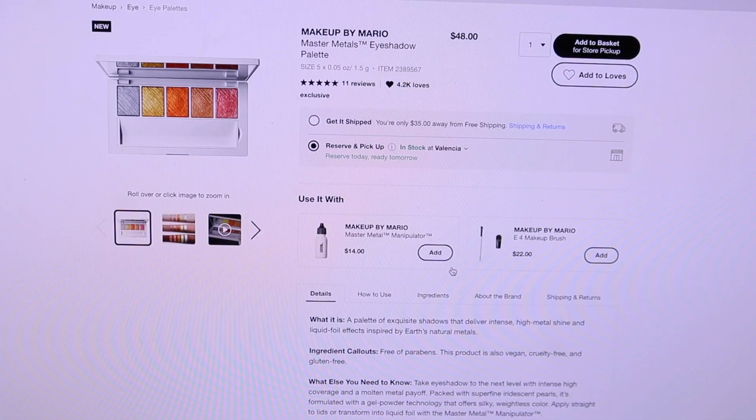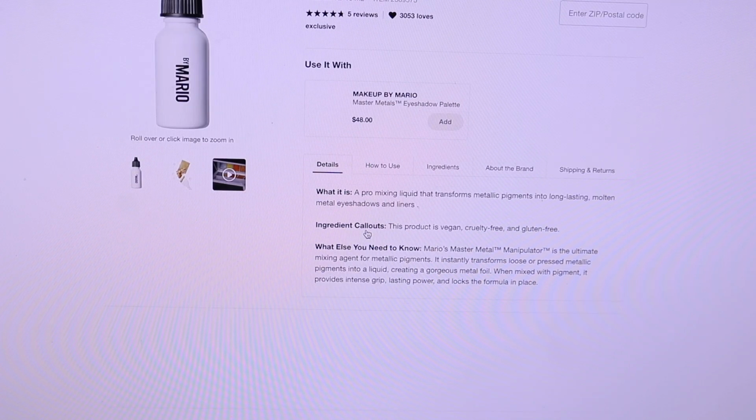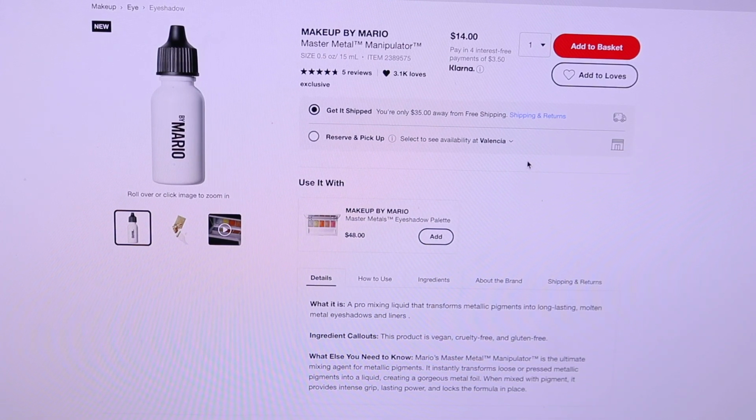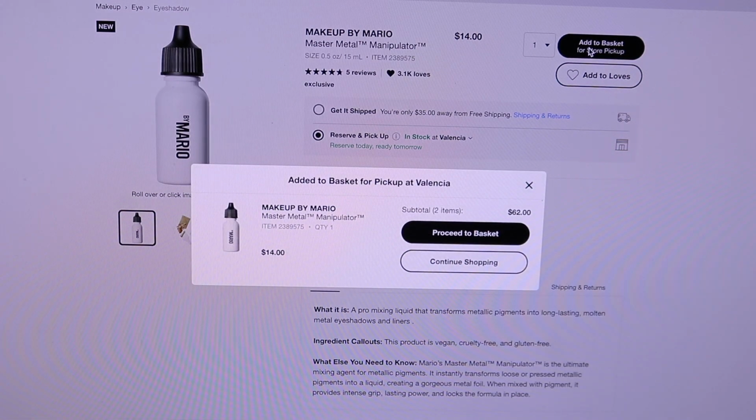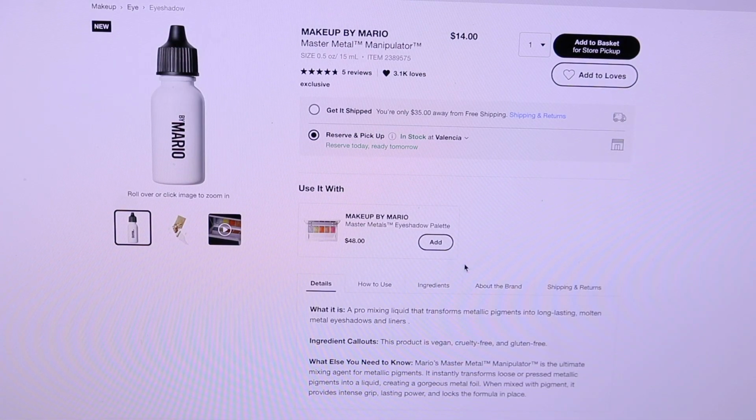So you click on the black button and you continue shopping, which I'm going to do because I want two more products from Mario. I want to try the Master Metals palette with the manipulator. So I'm going to pick that. And again, we're going to do the same thing. We're going to go to the reserve pickup button. Yes, it's in stock. I'm so excited. Again, add to basket. I'm going to click on the black button, continue shopping, because I really want to try